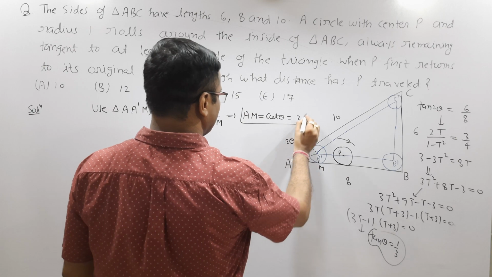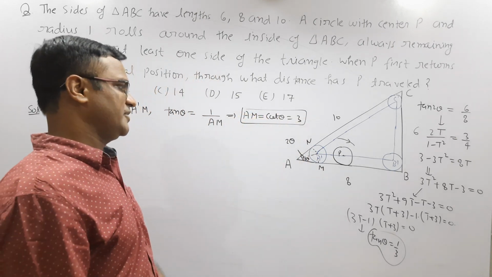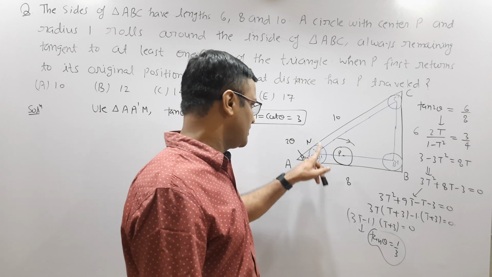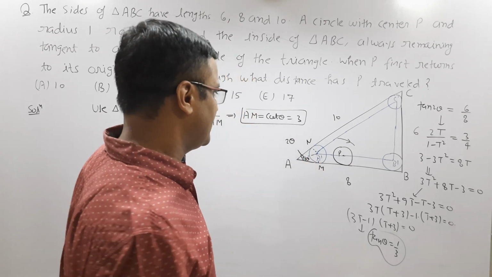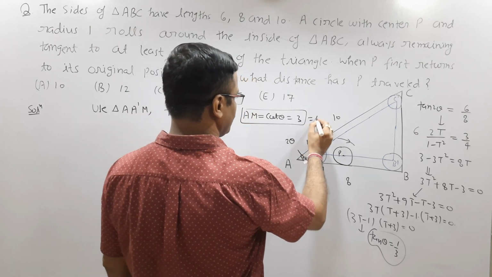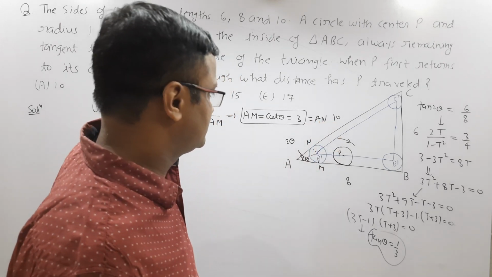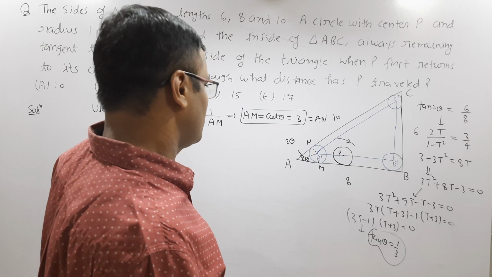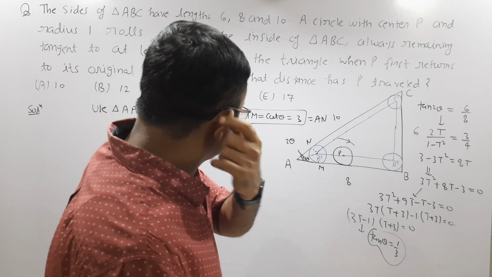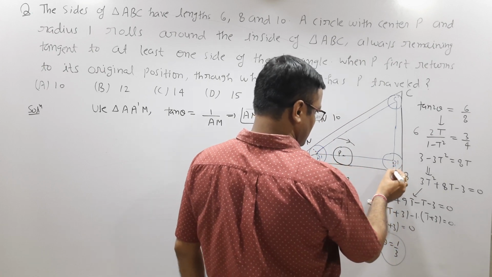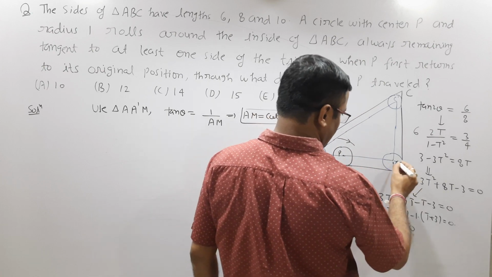It means that the length of tangent, very very important information, we have found: the length of tangent from the vertex A to this circle is 3 units. And if AM is 3 units, then no doubt AN is also 3 units. Okay, now if we work on this position of the circle, first of all draw perpendiculars from B prime to the sides of the triangle.